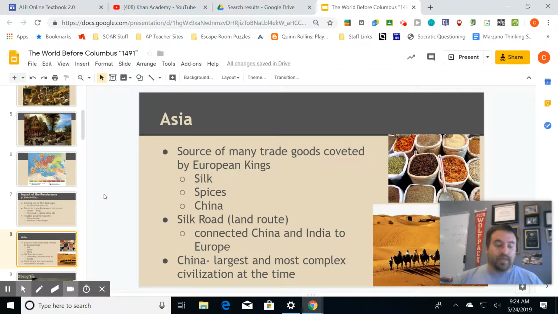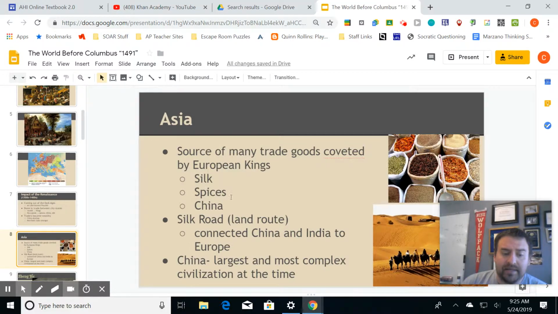A lot of that is going to be just anything from Asia because that's what Europeans are coveting at the time. Silk, spices, and China. China here not being the country, but the porcelain that is going to be highly prized within the nobles. A lot of this is focused on the nobles. Some of it is going to be more of the kind of everyday person. Silk, you should know what that is. Very fine, lightweight, smooth, soft kind of textile that kings and queens are going to love to make their clothes out of.